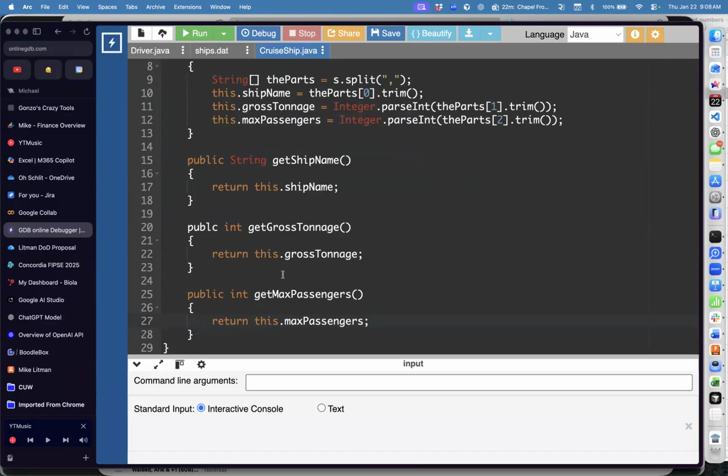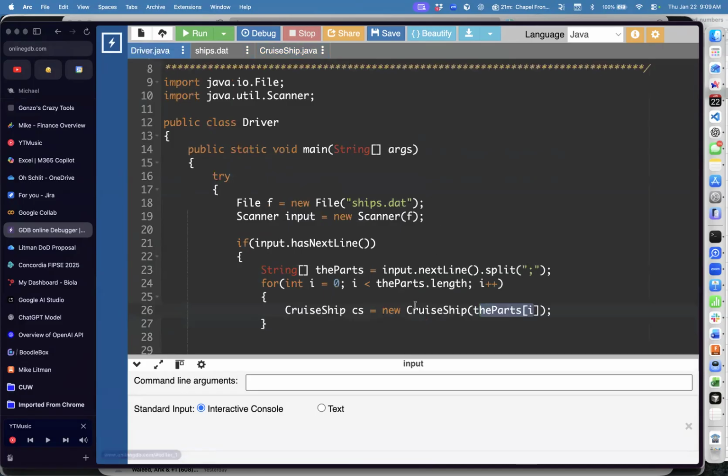Okay, so we're going to make it so you can't change this data here, but we'll let you view it. That's why you make things private and only loosen those reins if you need to. All right, so now that we have the ability to do this, when I create my cruise ship, I can